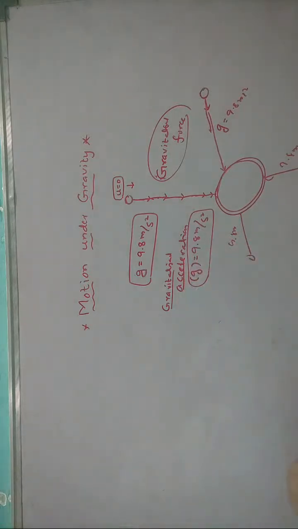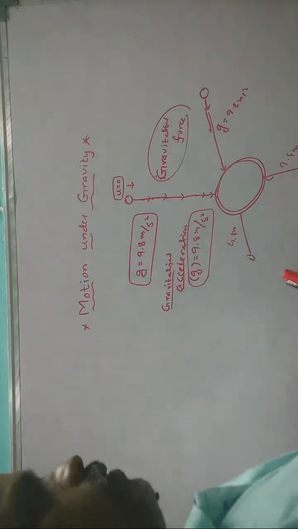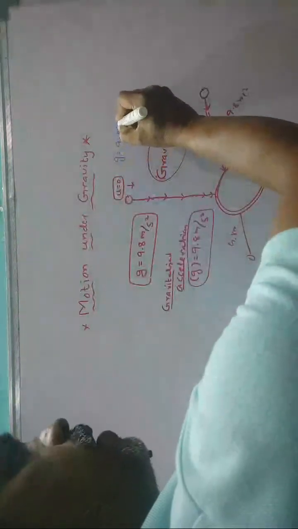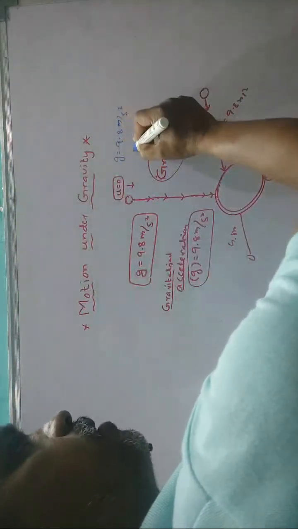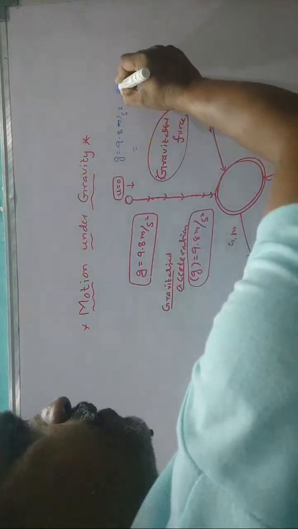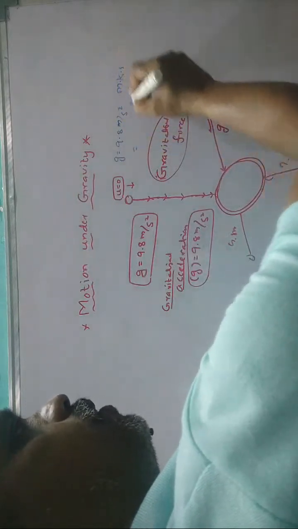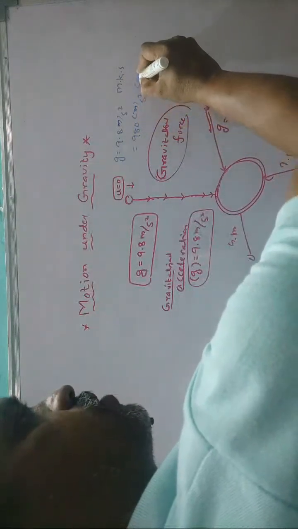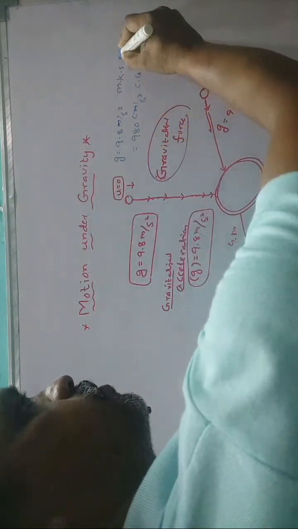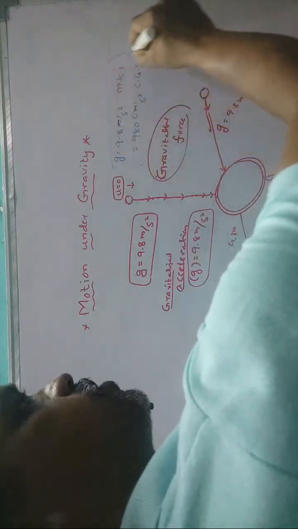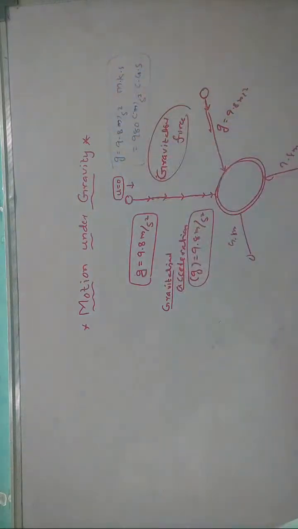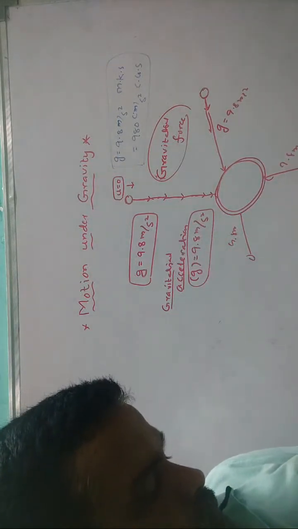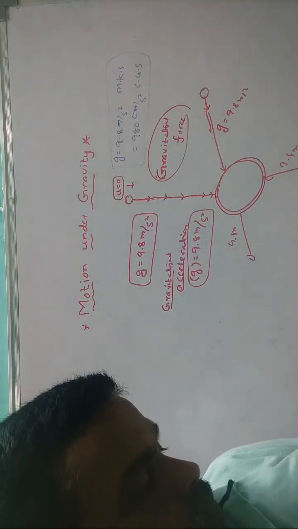So this value, G equal to 9.8 meter per second square. This is in the MKS system. In the CGS system, it is 980 centimeter per second square. So just copy this value and underline it. Okay. Next,